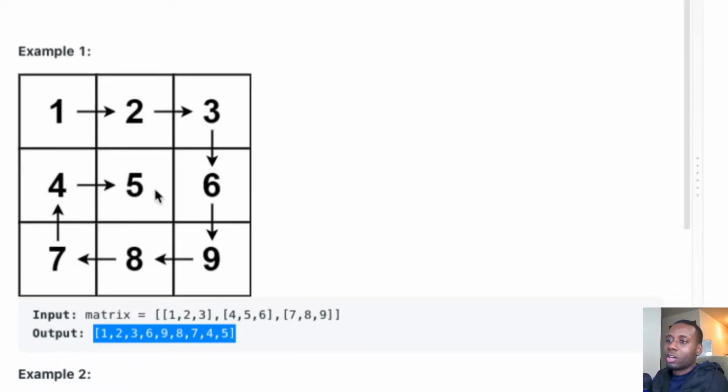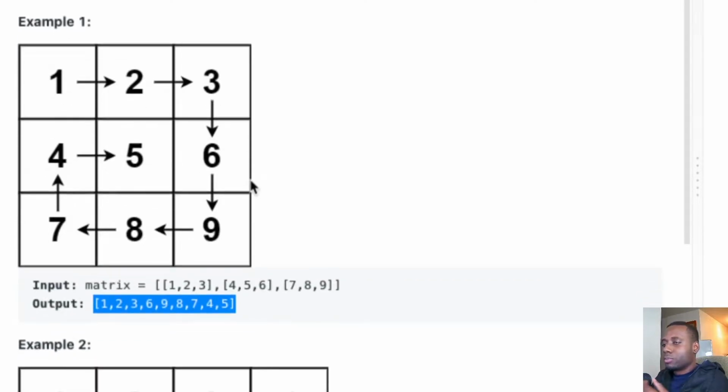So that we break out, we would just break out, right? The way we're going to do it is to have an infinite while loop. The condition to exit the while loop is based on the boundaries. We're going to have a left boundary, a right boundary, a top, and a bottom, so that we can constrain the looping and don't just loop mindlessly. Those 4 boundaries help us shrink the space